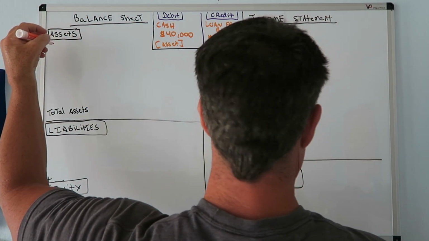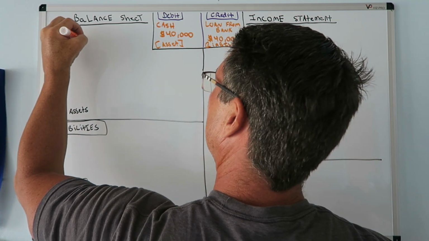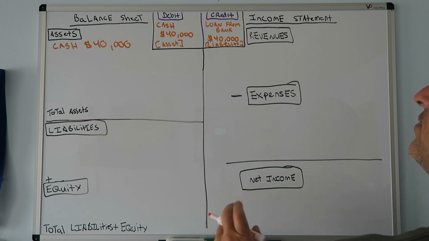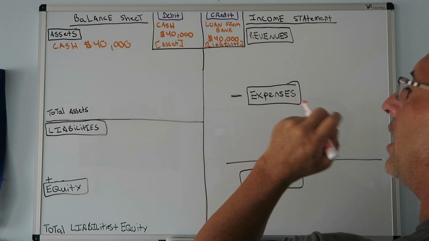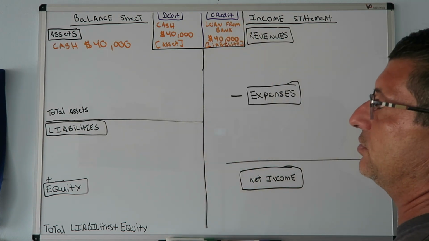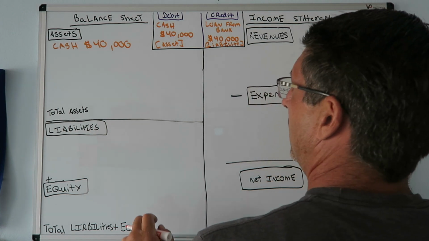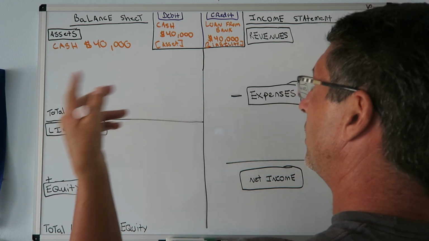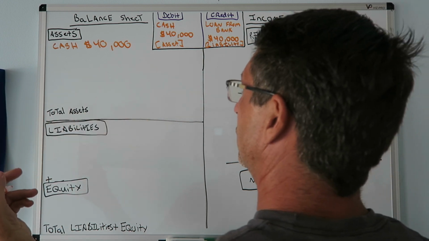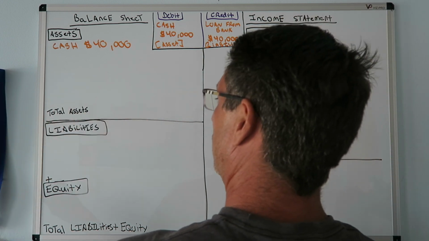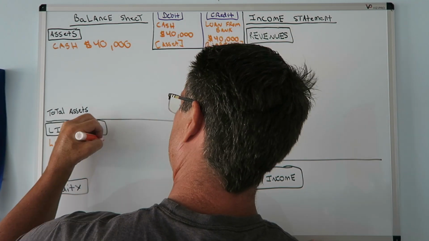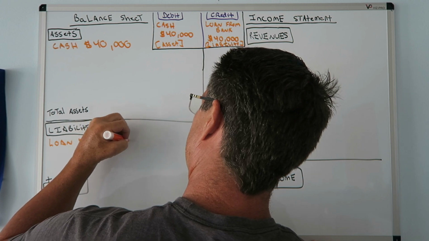We're going to have cash here of $40,000. We also have loan from bank, a liability for $40,000. So we have a liability also going up. We didn't have one, now we have, from our first journal entry, a liability of a bank, $40,000 going up. Loan from bank,